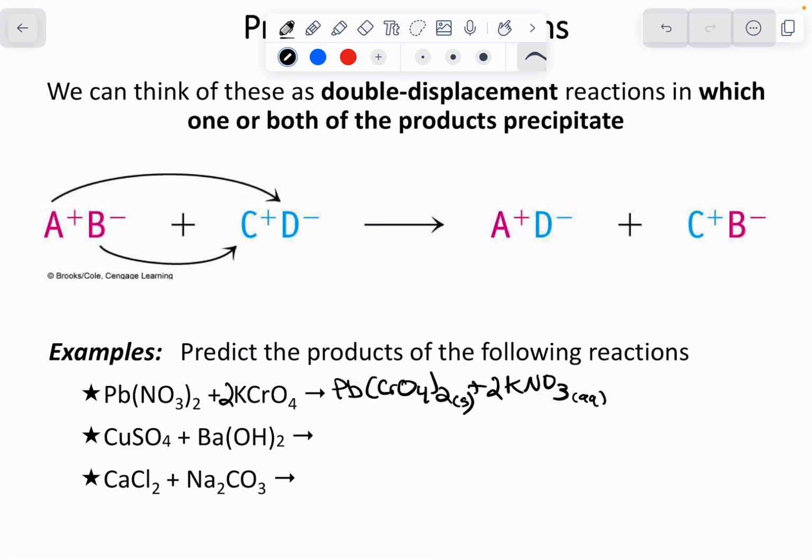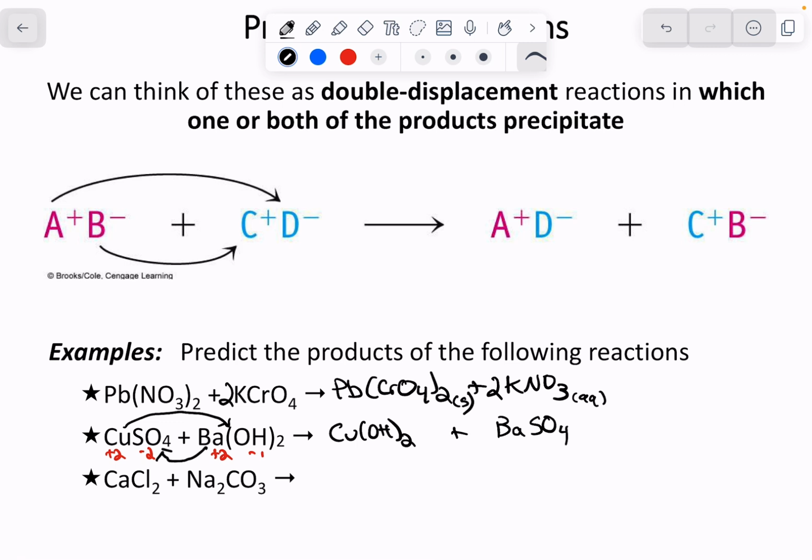So the next example is copper sulfate reacting with barium hydroxide. The first thing I'm going to do is the copper is going to go with the OH, and the Ba is going to go with the SO4. I'll write the charges again: +2, -2, +2, -1. So when we have this reaction, the first thing we see is the copper is going to form Cu(OH)2, and then